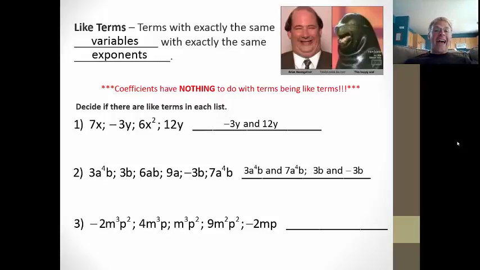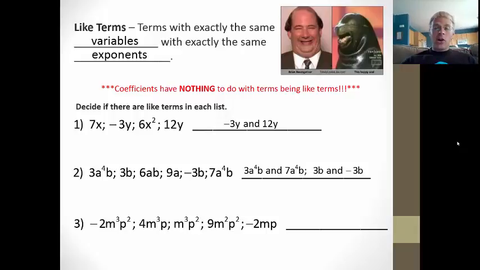Hopefully, you notice there's actually 2 different pairs of like terms. The 3a to the 4th b and 7a to the 4th b are like terms. Same exact variables with the same exact exponents. And then 3b and negative 3b are like terms because they have the same exact variable with the same exact